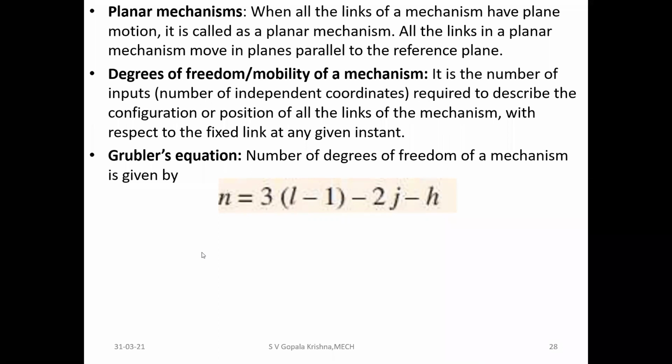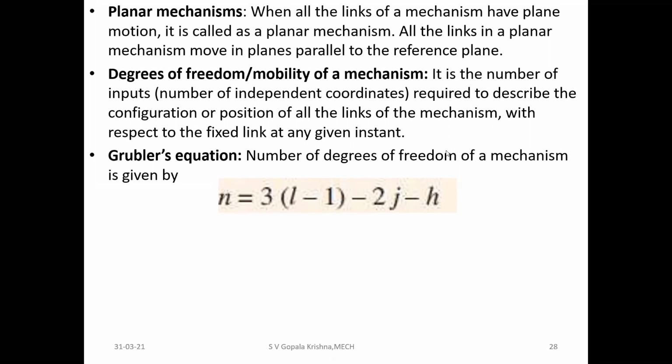So the Grubler equation, just observe that. Degrees of freedom: what is the meaning of degrees of freedom? Simply put, it is defined as the number of independent relative motions, known as the degrees of freedom or mobility, the number of independent motions of the body. If any mechanism or any frame is given, whatever it may be, you should find the degrees of freedom.